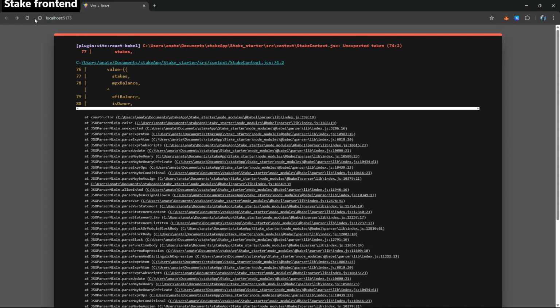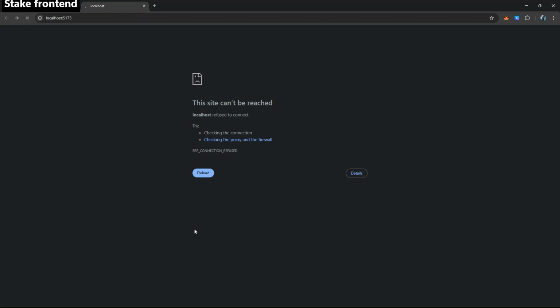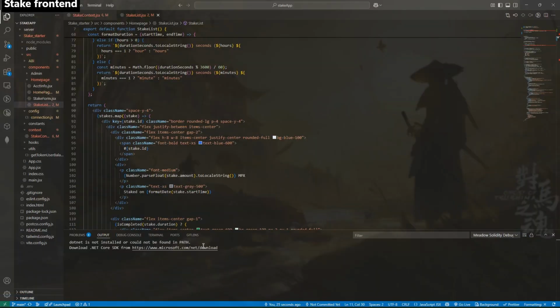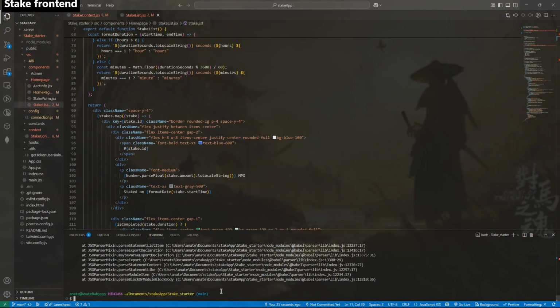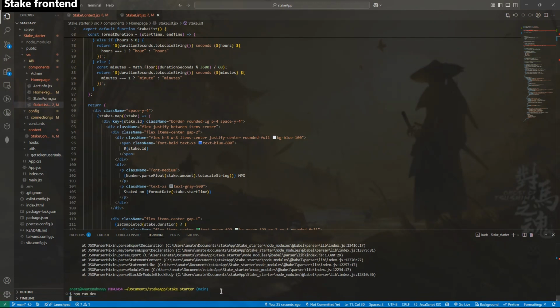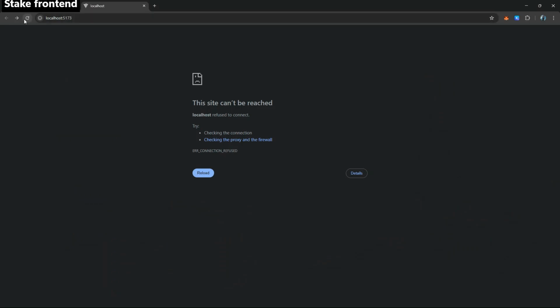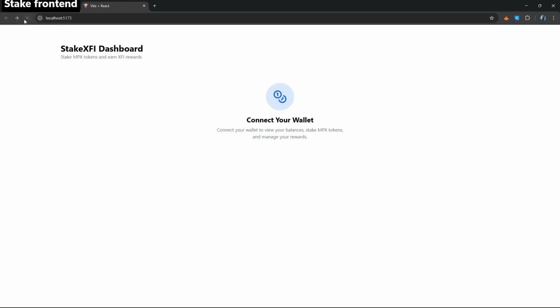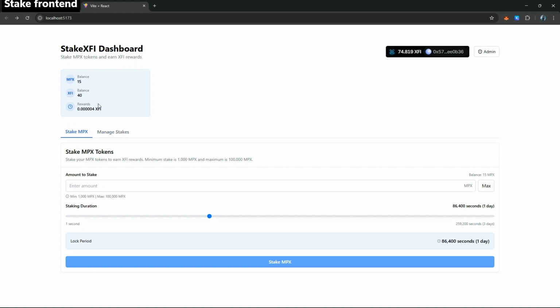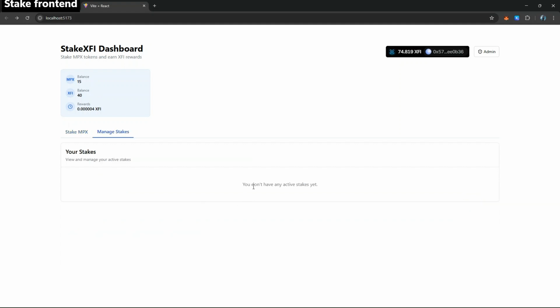Should you refresh? What's going on? Okay, so I stopped the, okay, so let's run it back. Now let's go back and see. Let's refresh. Good. So you just click on manage stakes. So we don't have any stake. We've not staked before. So the next thing we're going to be doing is